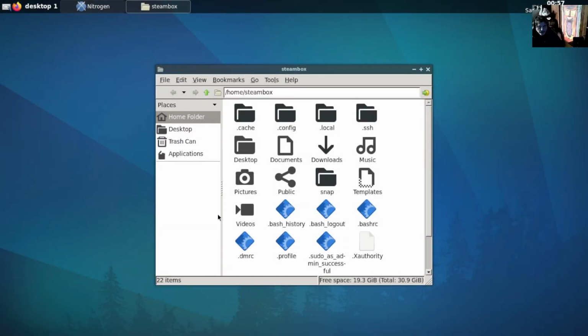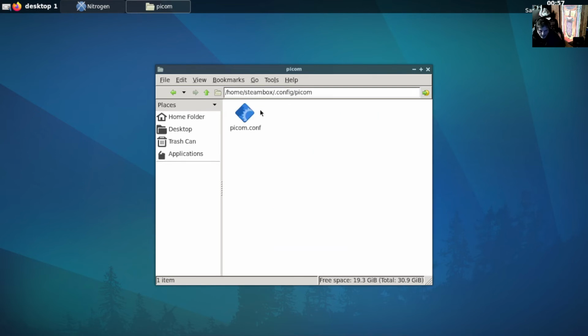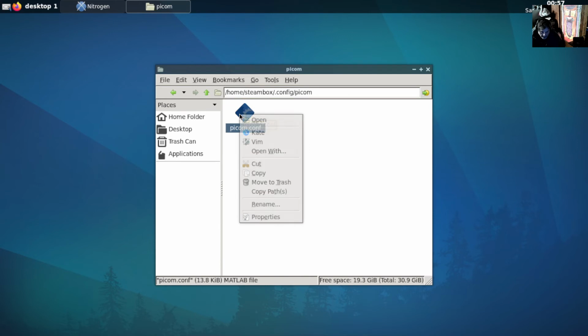Alrighty. We got Firefox, we got our script. Now we need to navigate back to it, back to our picom folder, and open this up. And I already took the liberty of doing this because I had another issue with